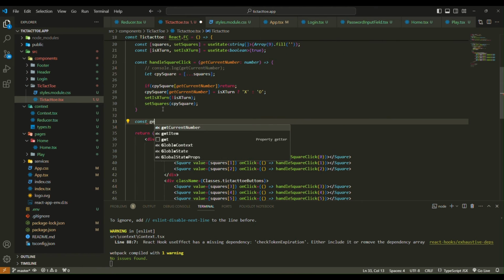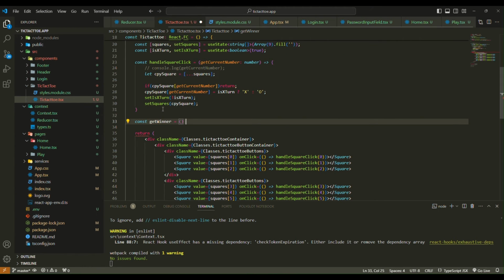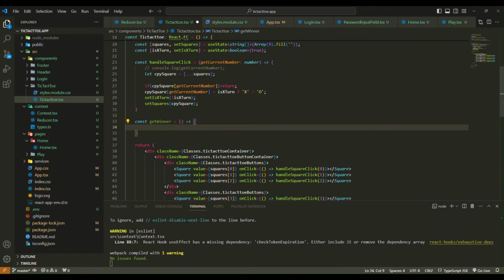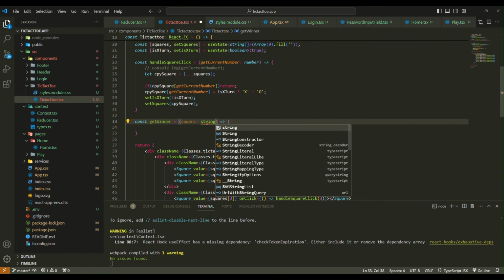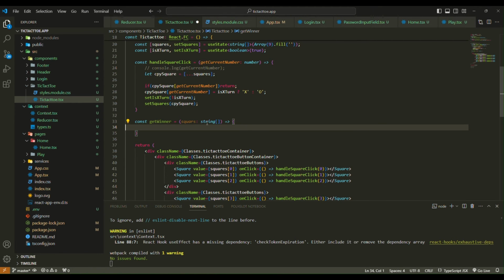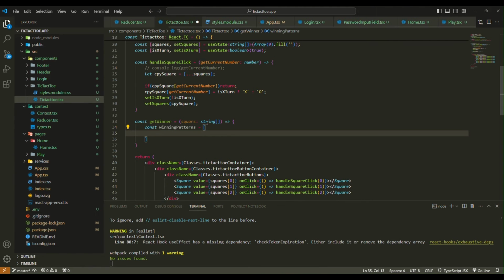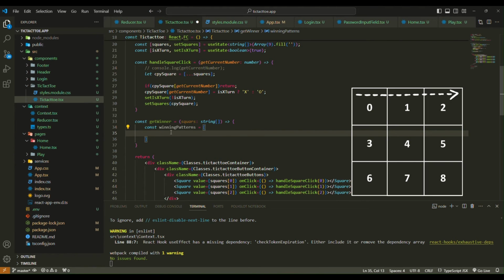To find a winner, I will add a new function called getWinner. This function accepts an array of squares. I will add the winning patterns to an array. This array represents all the possible ways to win in a standard tic-tac-toe game. Each subarray within winning patterns contains 3 indices that correspond to the positions in the 3x3 grid. If a player's symbols, either X or O, occupy all 3 positions in any of these patterns, that player wins